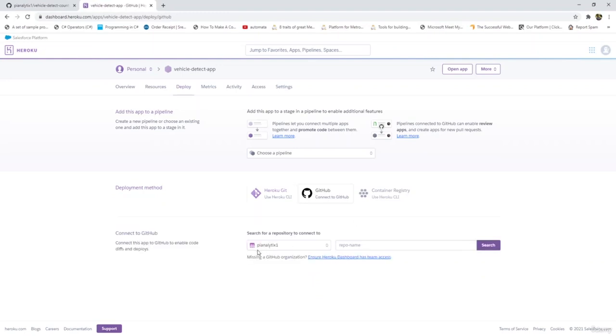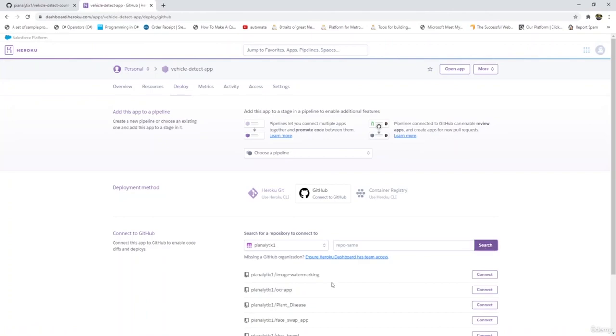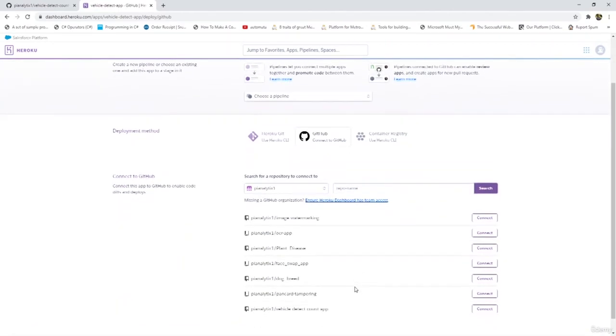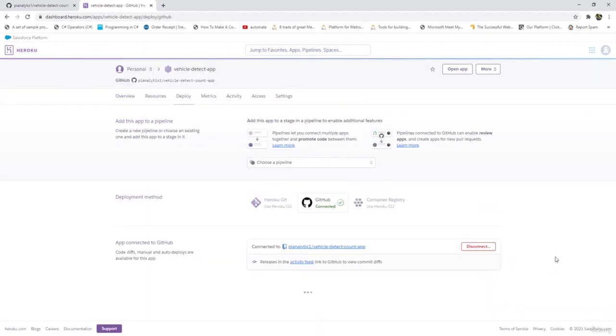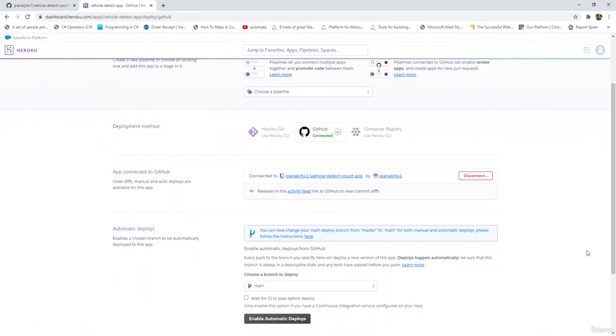Here you can see that it connected to my GitHub account, which has the name PyAnalytics1. Now we need to search the repository that we are going to deploy. We'll search that repo, and here you can see that it is the vehicle detect count app. I'll connect this, so it connects to my vehicle detect count app repository on my PyAnalytics GitHub account.